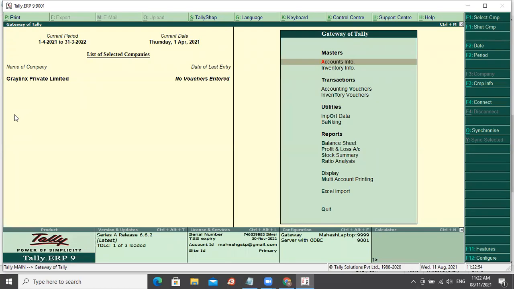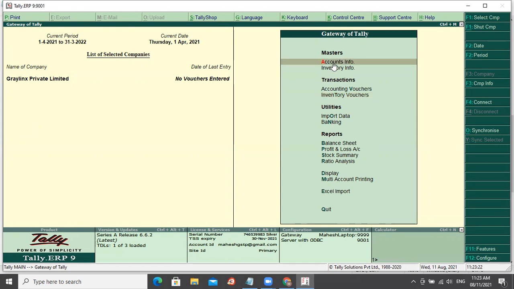To create a supplier master, on the right hand side where you have the Gateway of Tally, you can see there is masters, transactions, and utilities and reports. If you are creating any masters, you need to create them in masters. If you are creating a purchase order or a GRN entry, then you need to go to inventory vouchers and do it. So first let us go to masters.